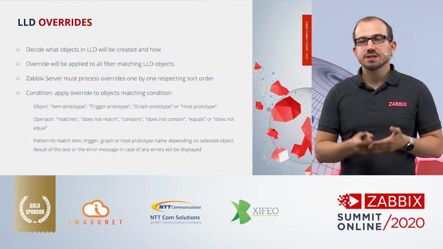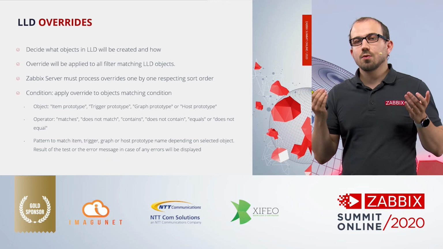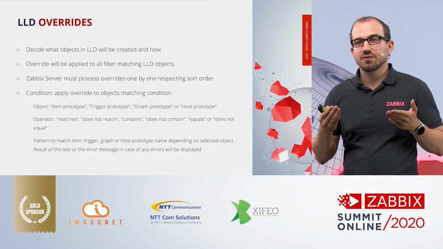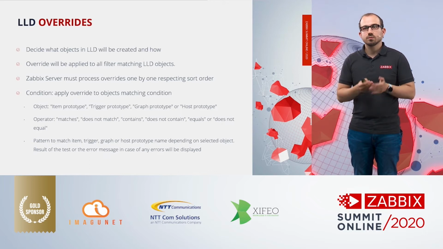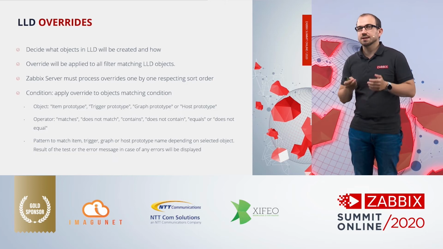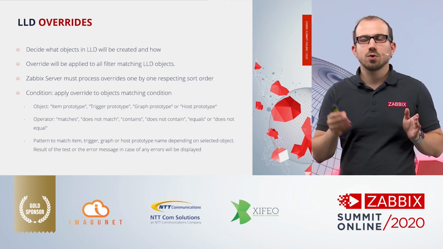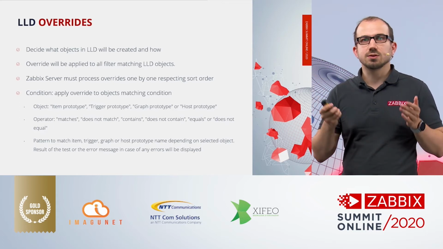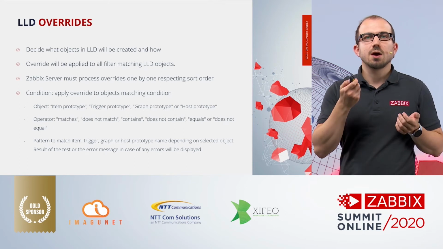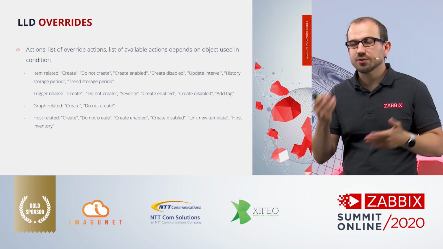So again, decide what objects are and will be created. Overrides will be applied based on the filter and what is found in that filter. And of course, Zabbix server, this is important, will process overrides one by one, respecting the sort order. And all of the conditions, there's a big list. I won't go through all of it, but you can see right now, you can specify objects, you can specify different operators, patterns to match the items. You can define different types of actions,